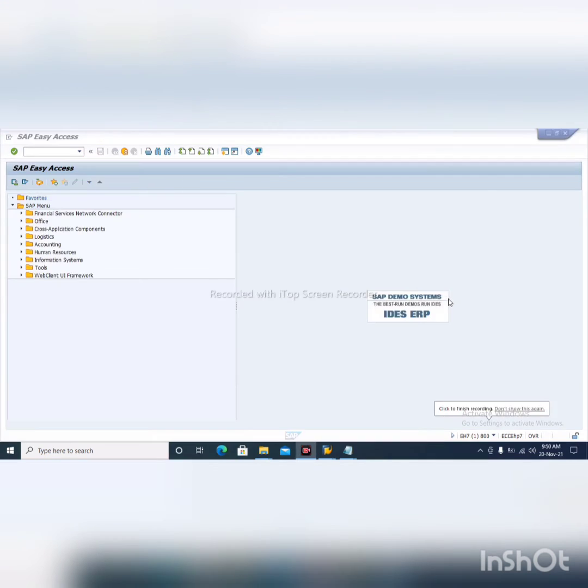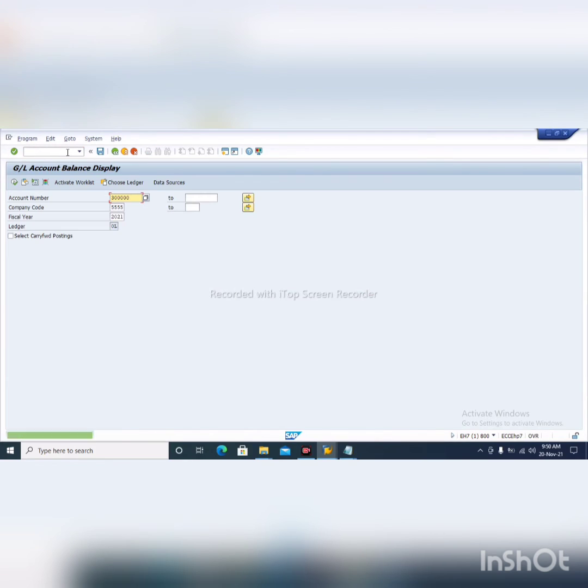And there is another T code. I will tell you, it is for knowledge purpose. Slash n FS10N. Okay, this code is used by FI consultants. In account number, you give your GL account. It is for stock, which I already explained. Then company code and fiscal year. Here we can see till now in a particular fiscal year how much value we bought. We can see here the total value, not an individual value, the total value.